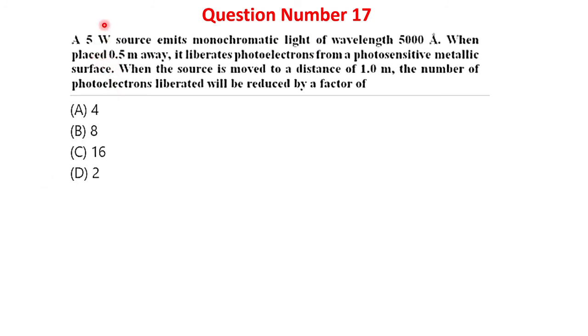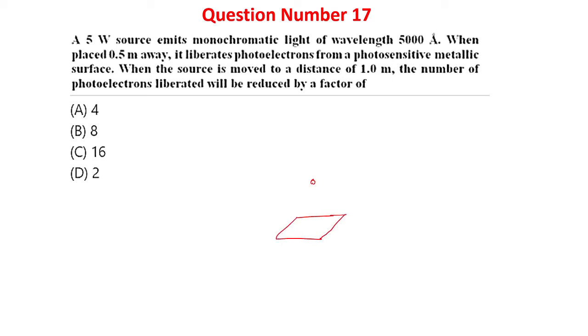Okay, next question. A 5 watt source emits monochromatic light of wavelength 5000 angstrom. When placed 0.5 meter away, if the distance is made 1 meter, the number of photoelectrons emitted would reduce by a factor of. So for that you have been told already,